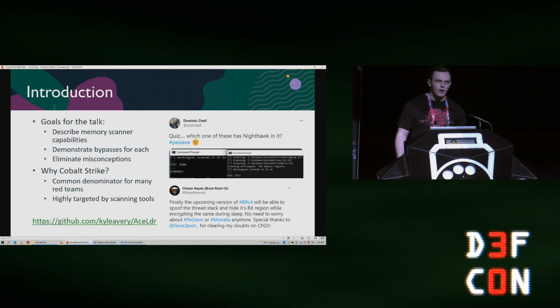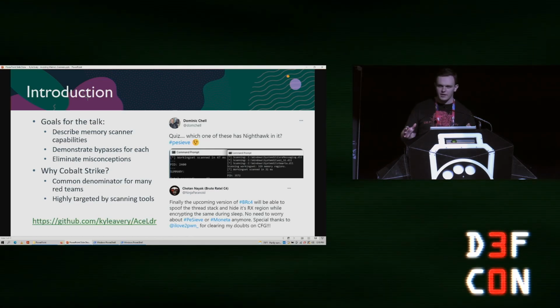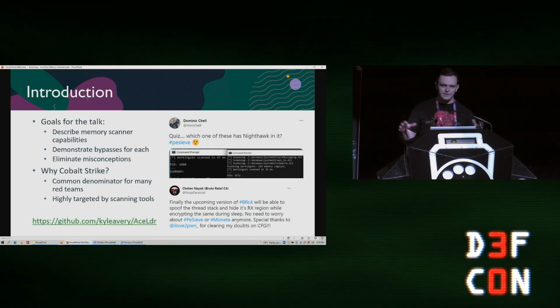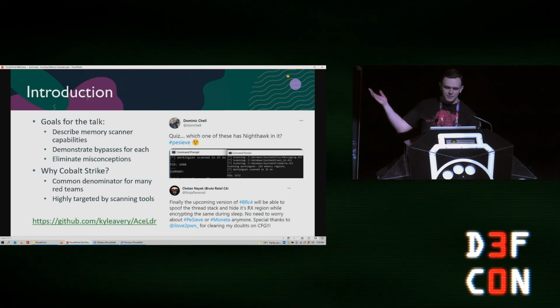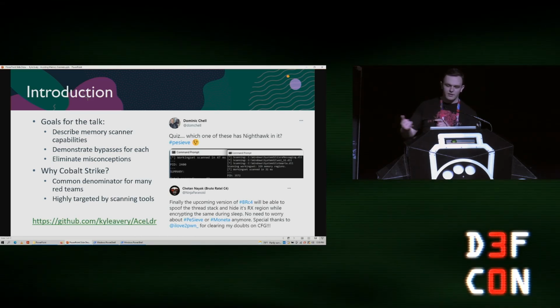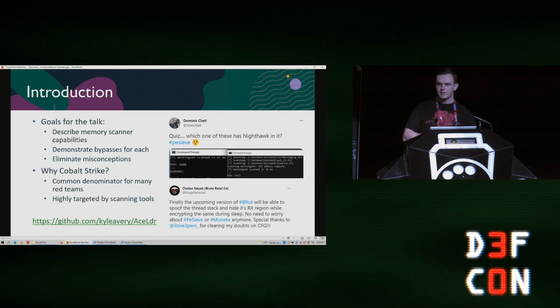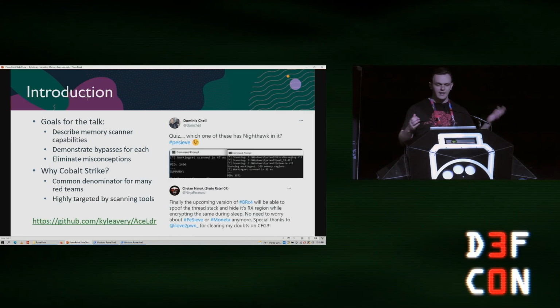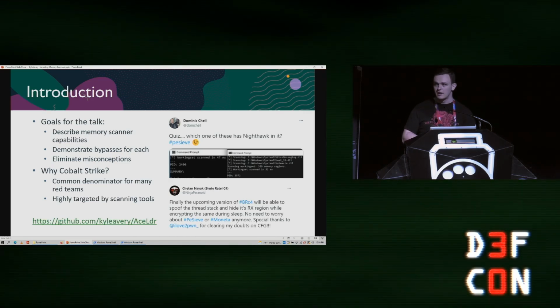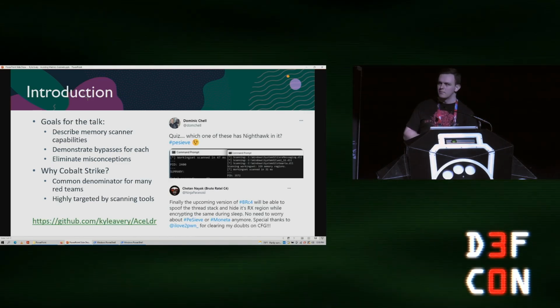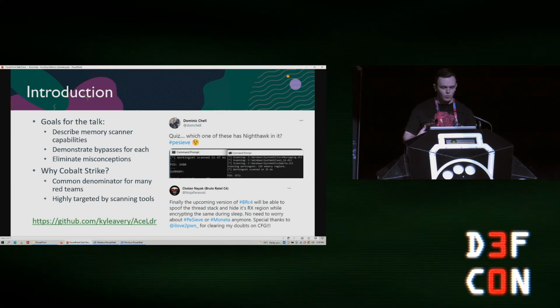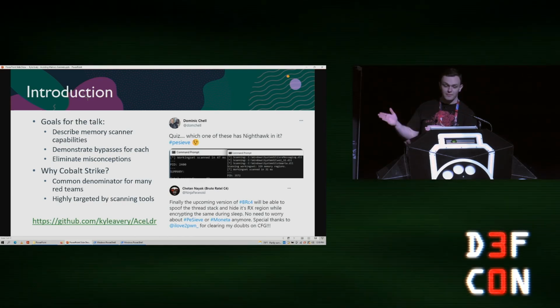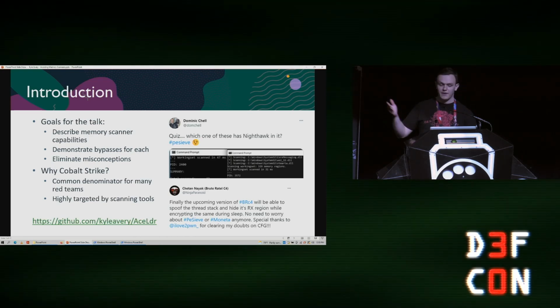If you follow any of the InfoSec Twitter, and especially the offensive security red teamer Twitter, you've probably seen tweets like these from Dom Chell and Chetan talking about their commercial command and control frameworks. They've recently, in the last year or so, started selling these tools that have lots of awesome features. But one of them that really stood out to me was this ability to bypass tools like PECIV and Moneta.